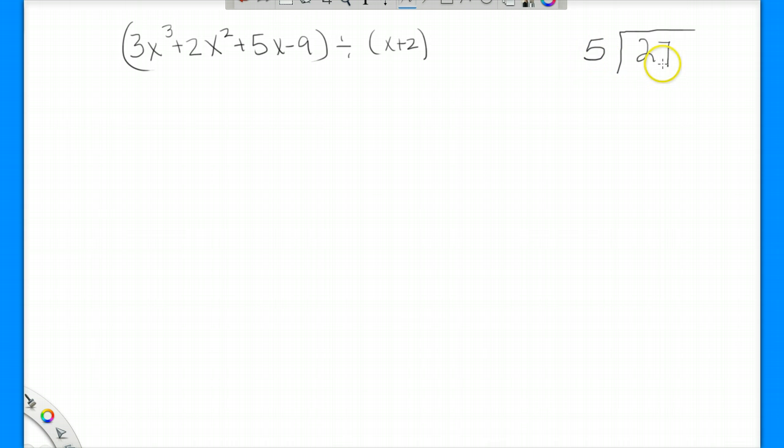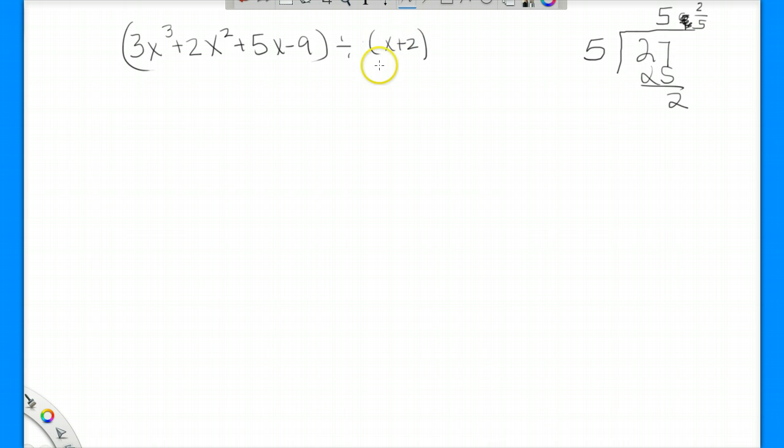Okay, 5 goes into 27 5 times. So you write a 5 up here. 5 times 5 is 25. And then we subtract. And 5 doesn't go into 2, so that's our remainder. So we sometimes wrote our remainder as 2/5. So 5 2/5 was our answer. Okay, now remembering all of this, let's talk about how to divide this polynomial by this one synthetically.